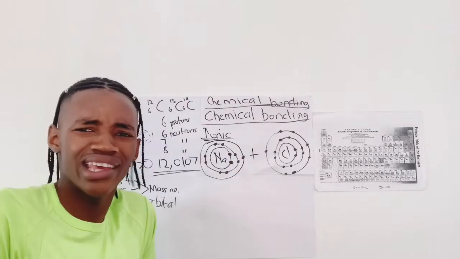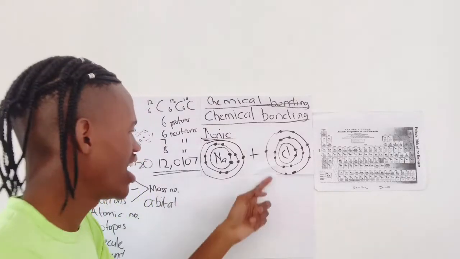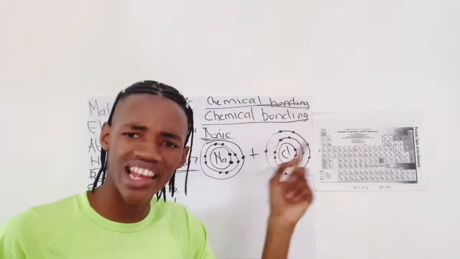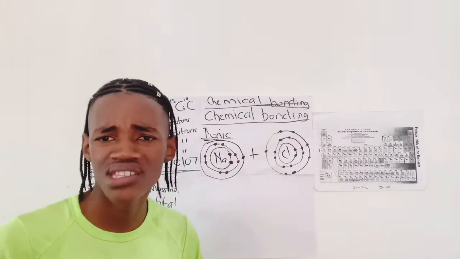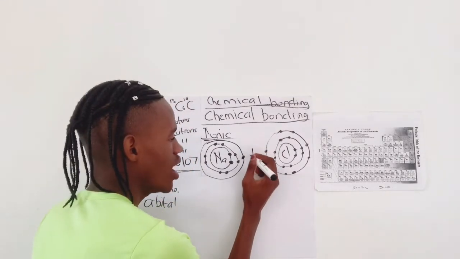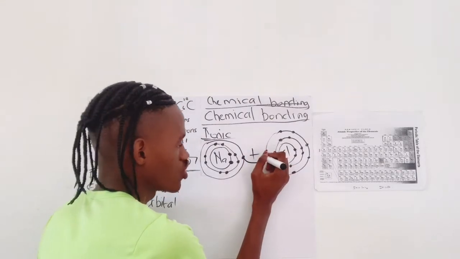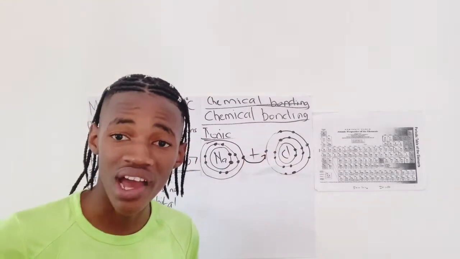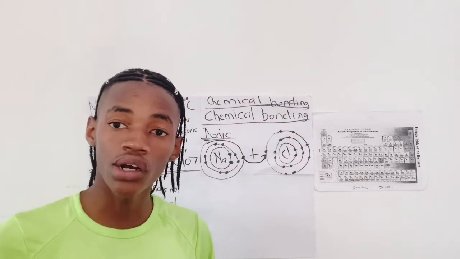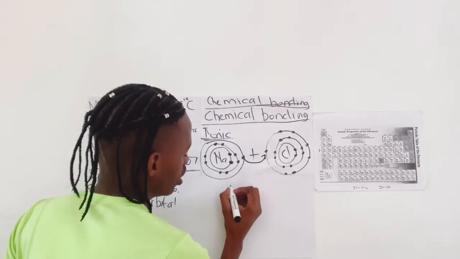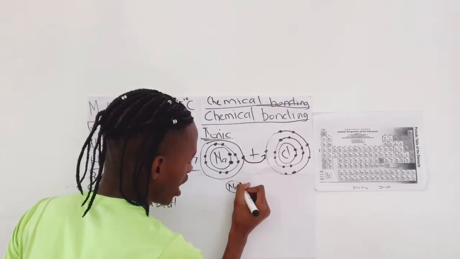So it doesn't need it. It literally doesn't need it. And then chlorine has 7 electrons in the valence shell, and it needs 1 more electron to be stable. So this one is transferred to over here. Is transferred to over here, right? And then the overall bonding that we are going to have is Na, which has 1, 2,